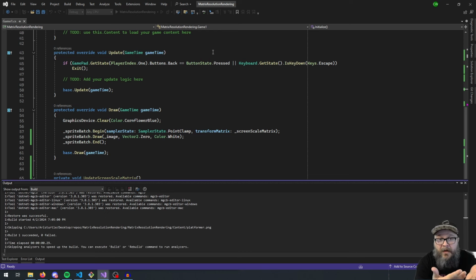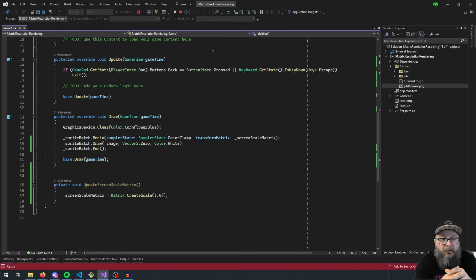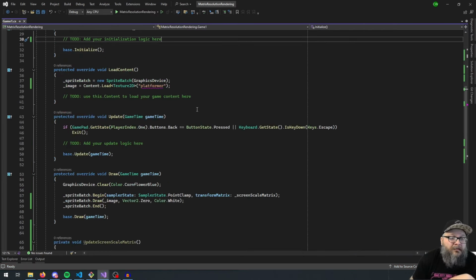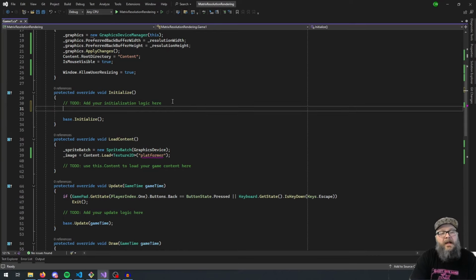Any guesses before it pops up? I bet you weren't guessing that we would just get a blank window. So why are we getting a blank window? We're getting a blank window because even though we are giving it a matrix and we have a method called UpdateScreenScaleMatrix, that method's never being called. So the value for that matrix is never being set. So it has a default value, which is all zeros, which basically is going to give a scale of 0. Not good. So in our initialize method, we can just call UpdateScreenScaleMatrix